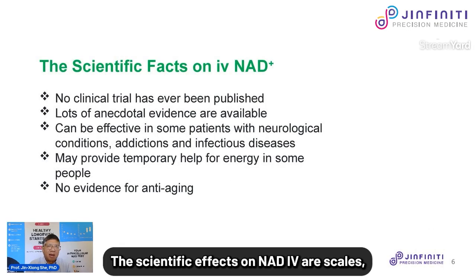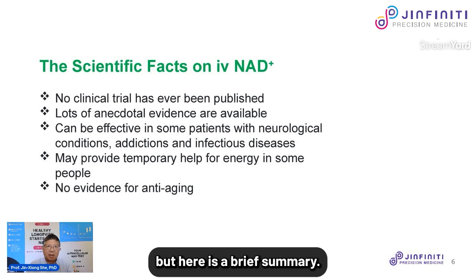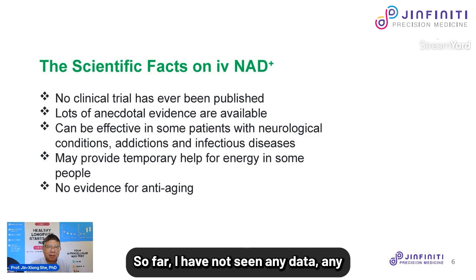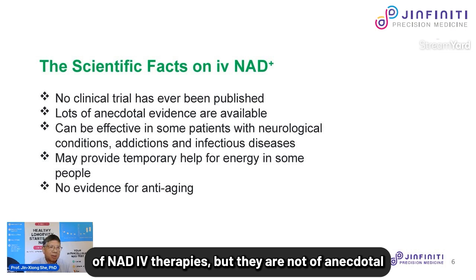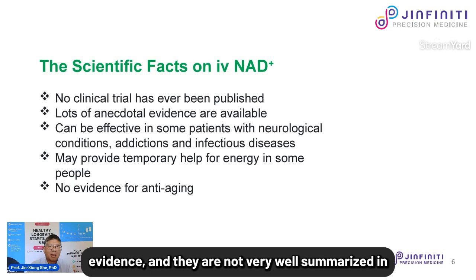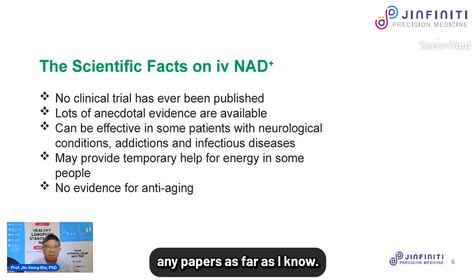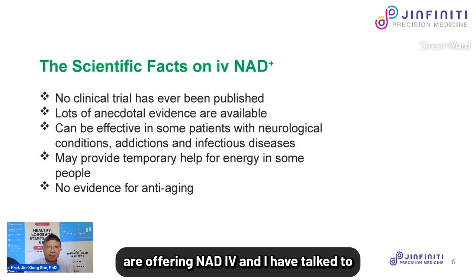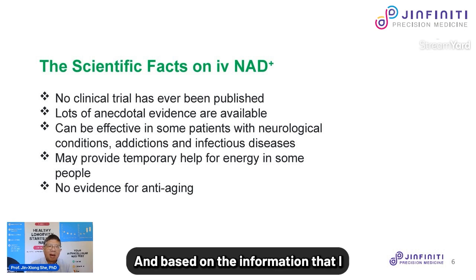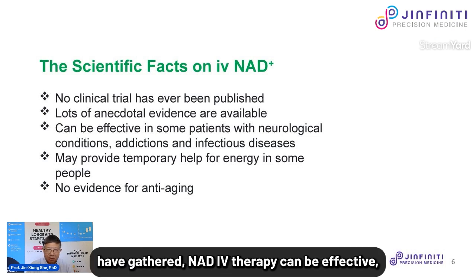The scientific studies on NAD IV are scarce, but here is a brief summary. So far, I have not seen any published data that has evaluated the efficacy or safety of NAD IV therapy. But there is a lot of anecdotal evidence, and it is not very well summarized in any papers. As far as I know, I have talked to many clinical centers that are offering NAD IV, and I have talked to many customers who have used NAD IV, and based on the information that I have gathered, NAD IV therapy can be effective,